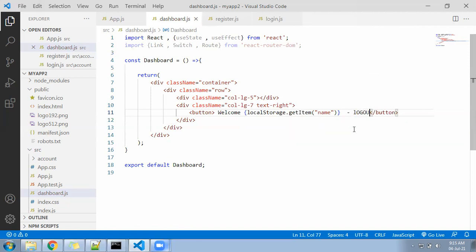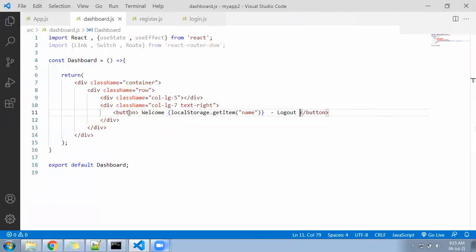Logout. Okay. Now what it will print is whoever is logged in, their name it is going to print. And in the case of logout, we can add one power off button here.